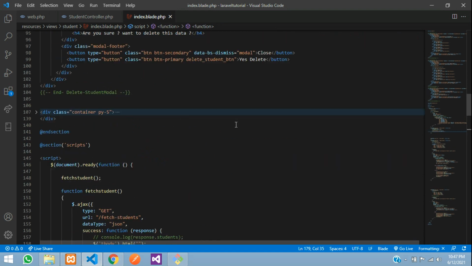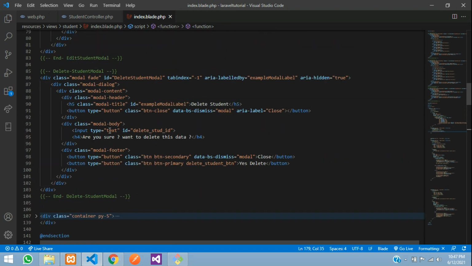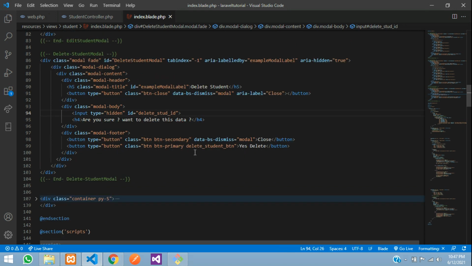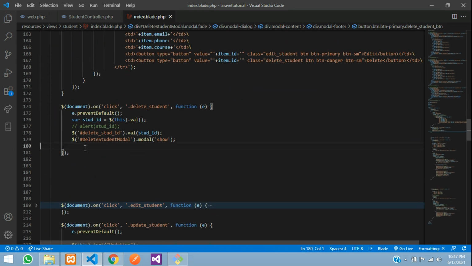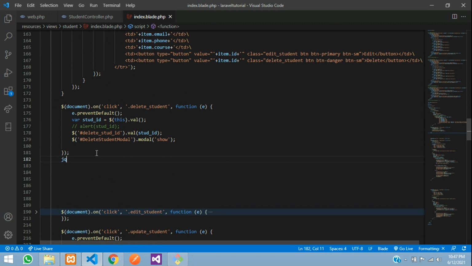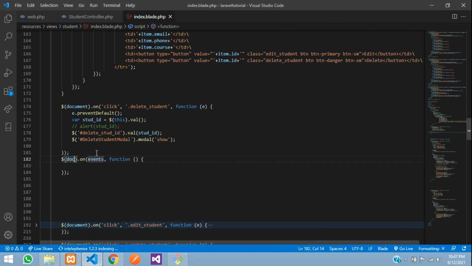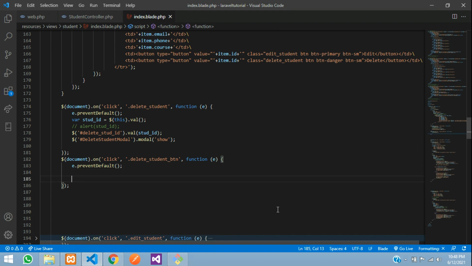So first let's go back to our delete modal. Make this input hidden and copy this button. So when I click yes delete, that time we are going to create one on event jQuery document, which is going to be a click event, on click that is delete student button, and then event dot prevent default, which will help you to not reload the page.